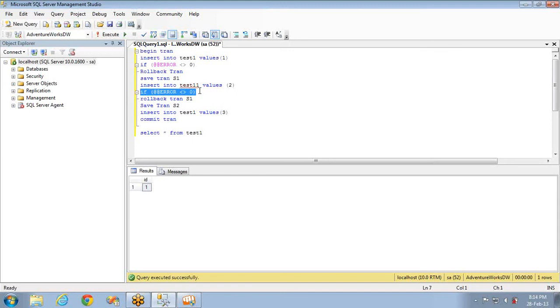There are so many other things still pending in these transactions, like the properties of transactions, ACID properties, we call it ACID, and each one has its own definition and use. So we're going to discuss the ACID properties and isolation levels, as well as locking, blocking and deadlocking in the next session. Thank you, guys.